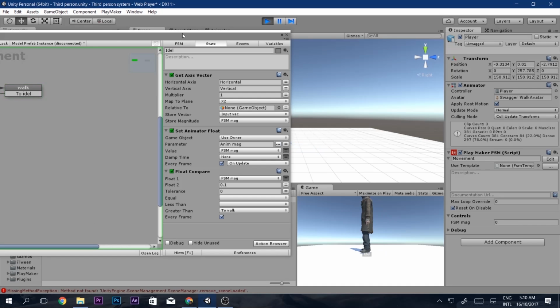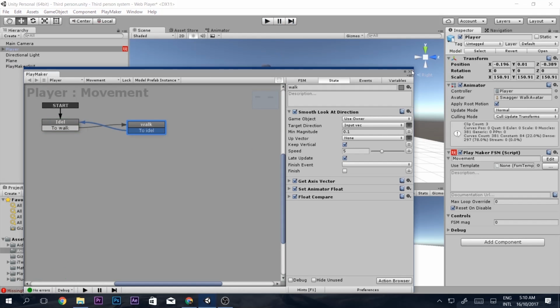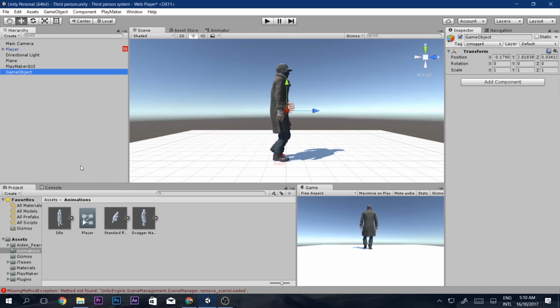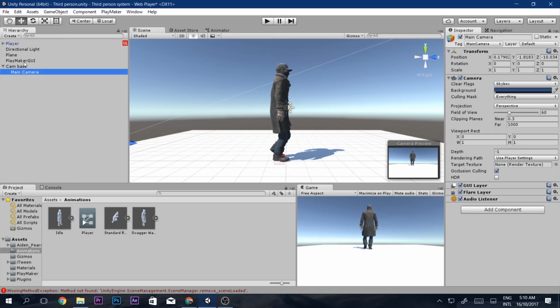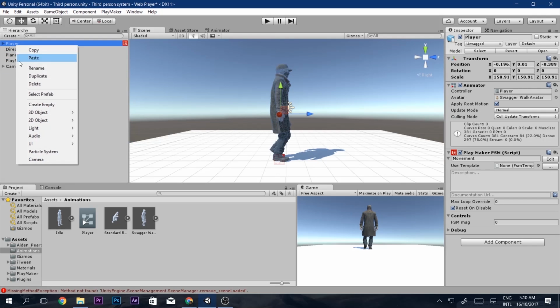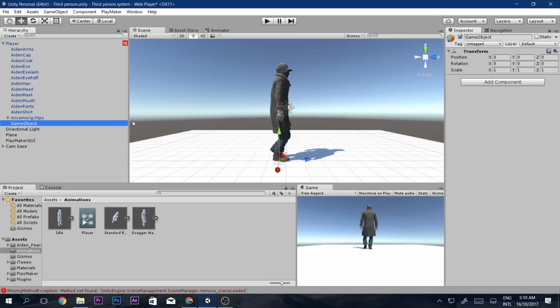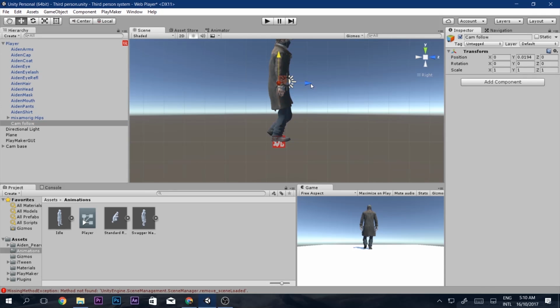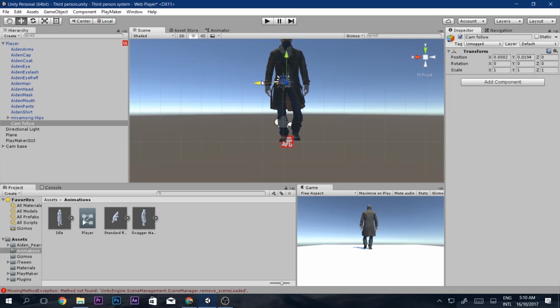The next thing we want to set is that the camera is not indeed following it. So we want to set the camera, and we will call it camera base. Alright, and put the camera inside here, and inside the player I want to make an empty, and I will call it camera follow. So here is where the camera will follow, and let me just set it in the middle, over here,